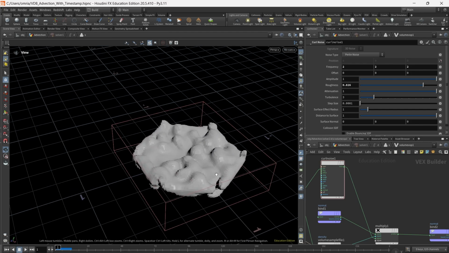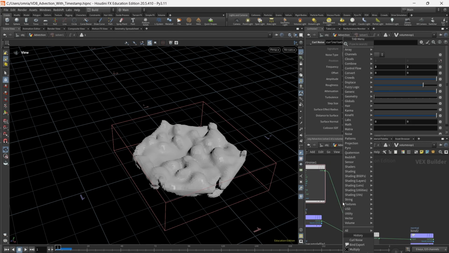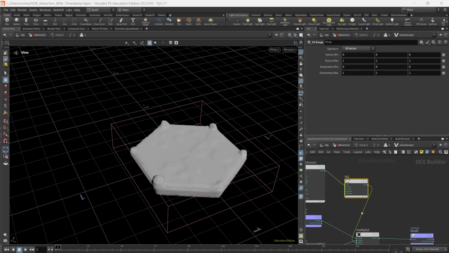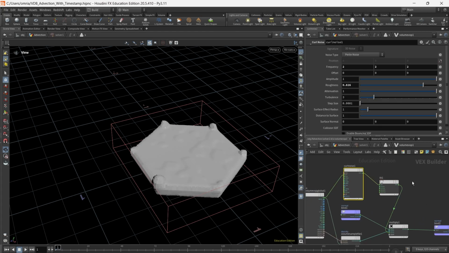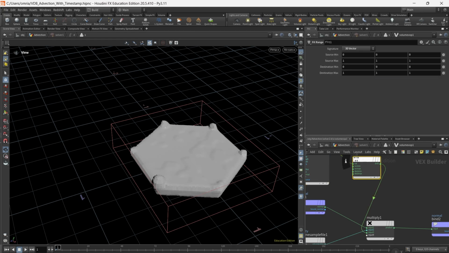We want to anyway have it as a positive value, so we're gonna fit range. Wait, I'm checking another thing. So here it's turbulent noise. Okay. So we're gonna fit it